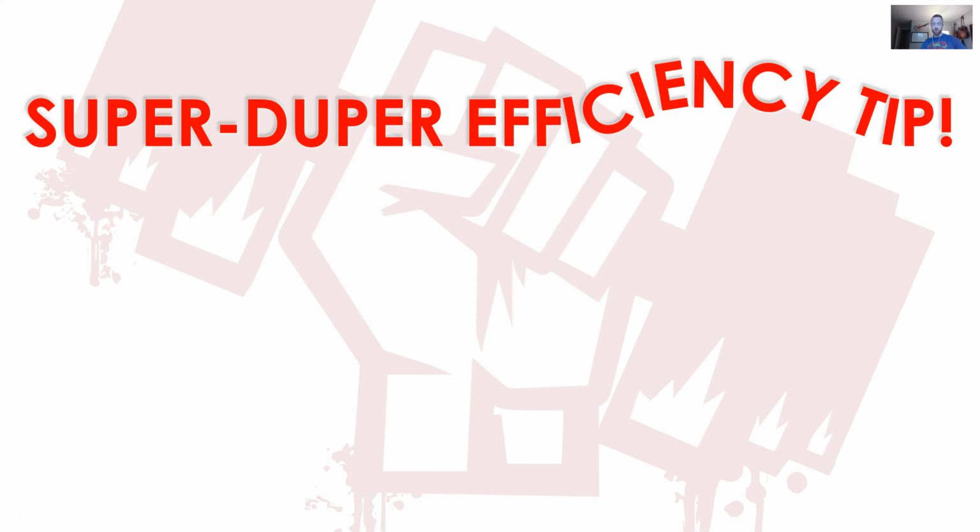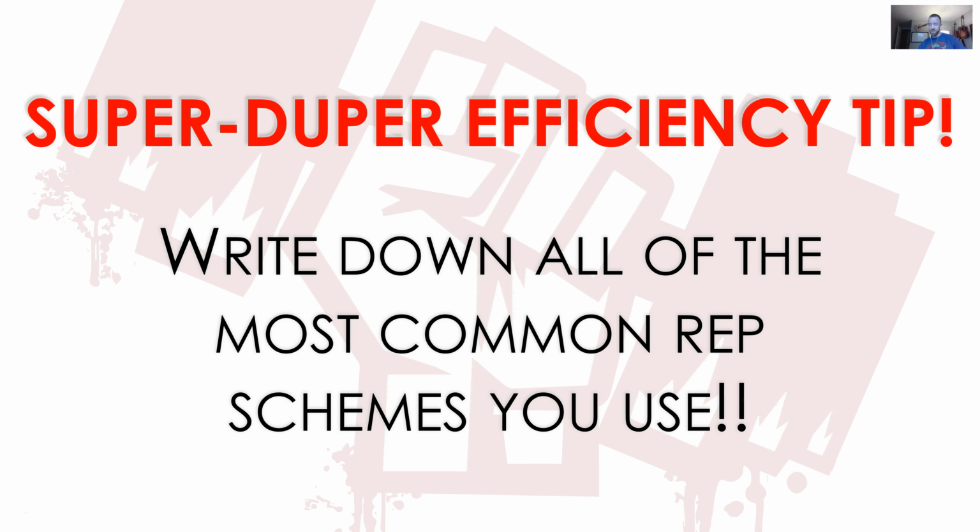Everything I just laid out really is our most commonly used rep schemes, but I want you to do yours because maybe you train a different population than us, or maybe you have a slightly different thought process than us. That's cool. Or a very different thought process than us. That's fine. But still, what are the things that as you're looking at this, you're thinking, oh yeah, we could definitely implement that? Maybe it's this. Write down your most common rep schemes that you use and go to them.